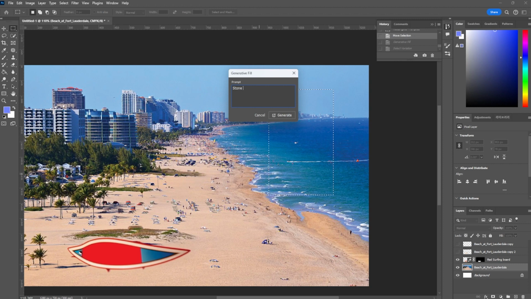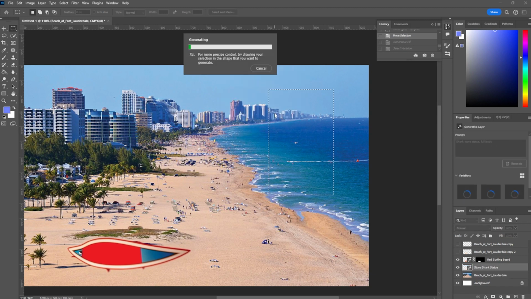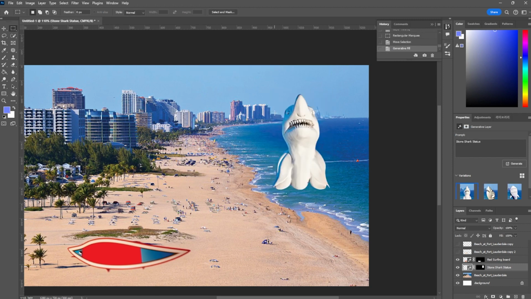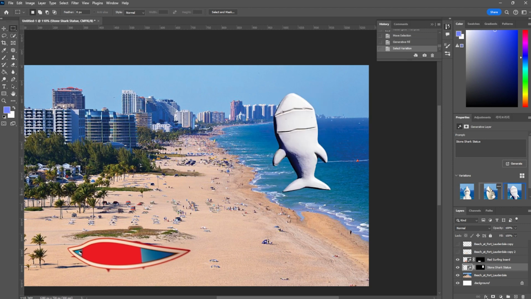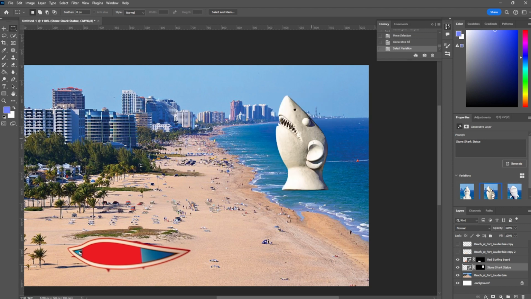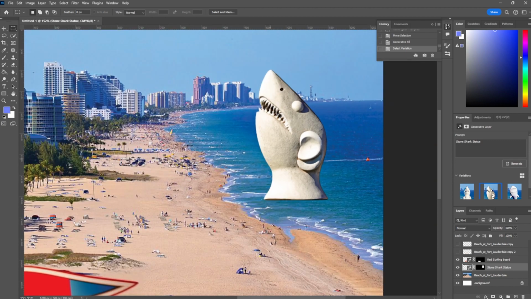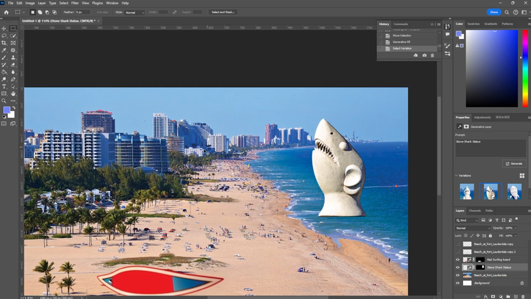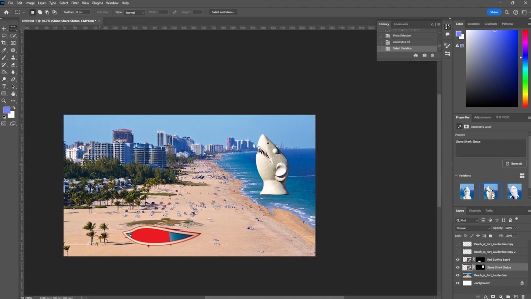Stone shark statue. I think AI should be improved more in order to use this. Yes, finally, stone statue of the shark. Yes, I like this one. I love this. It's cute. So, if I want some other AI generative, you can use it as you want. And the next one we are going to learn is